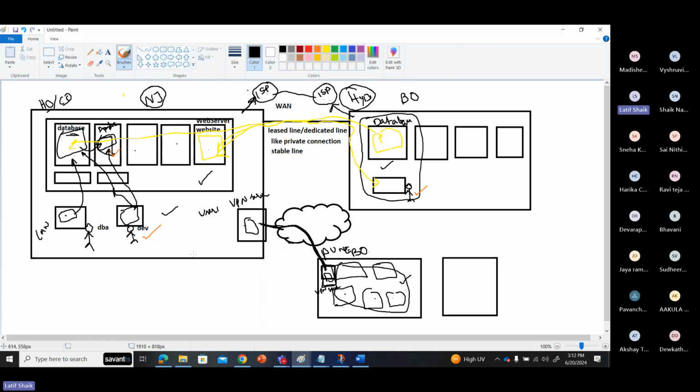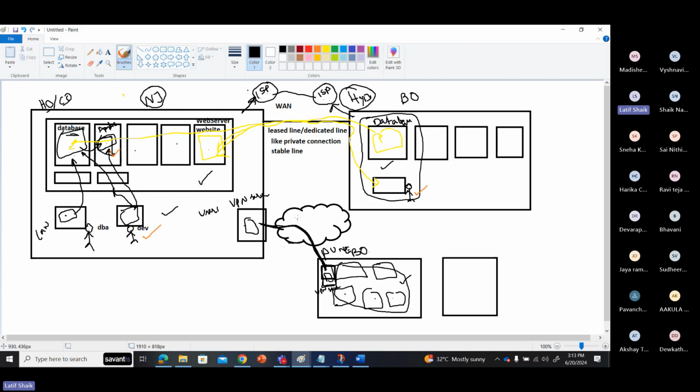From this private network to that private network, it creates a tunnel over the public network. That's why it is called a virtual private network. Really, it is not a private network, it is a public network only, but we create a tunnel over the public connectivity.